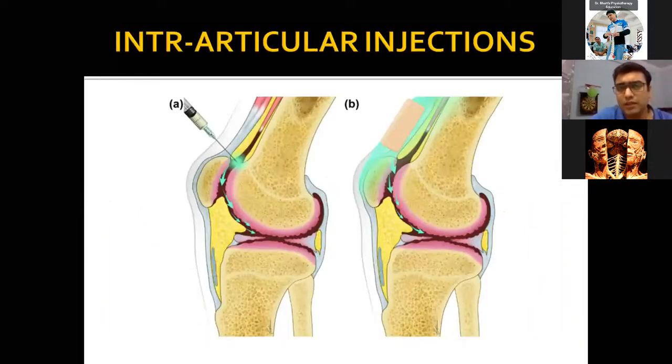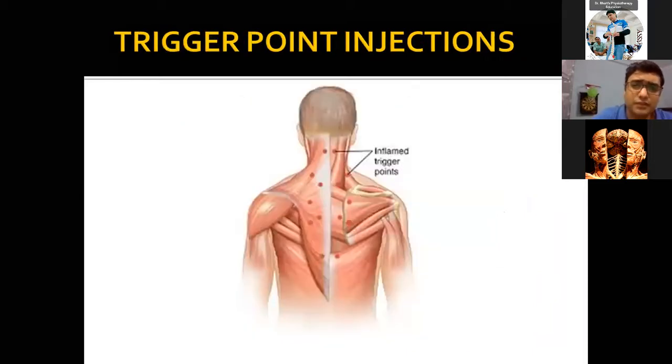Then there are the intra-articular injections, be it in the knee joint for osteoarthritis or rheumatoid arthritis, or for periarthritis in the shoulder. It is a very common form of pain management technique which is given in the OPDs. Trigger point injections, again, are very useful for fibromyalgia patients. Of course, they have to come often for repeat injections, but it definitely gives them decent pain relief. That too when nothing else is working, when no NSAIDs or no other modality is working. Local steroid injection is something which is very helpful in fibromyalgia patients.